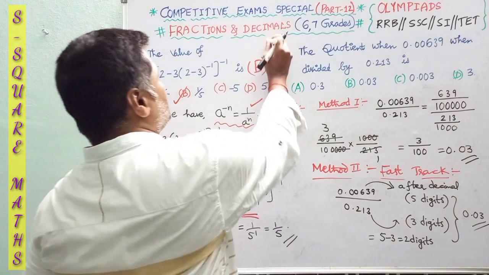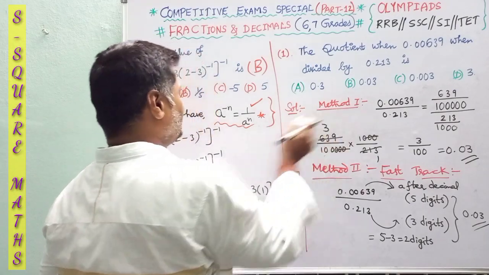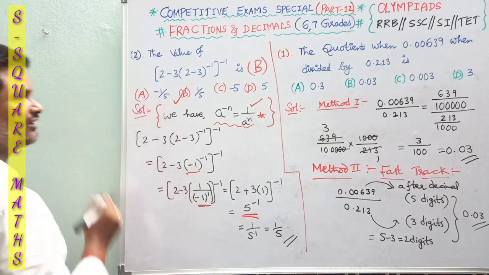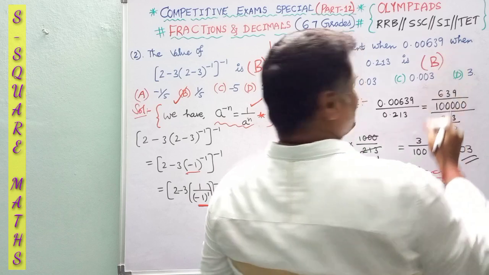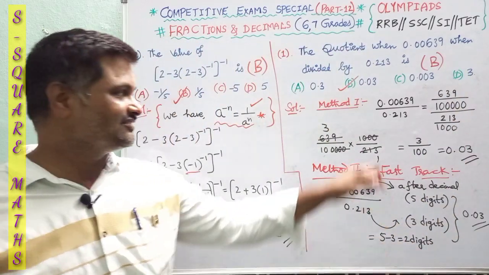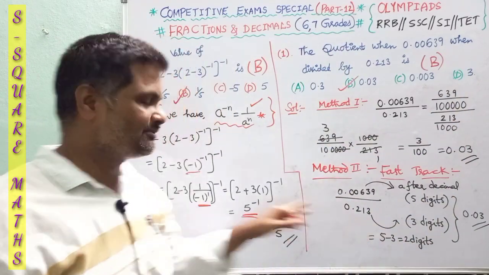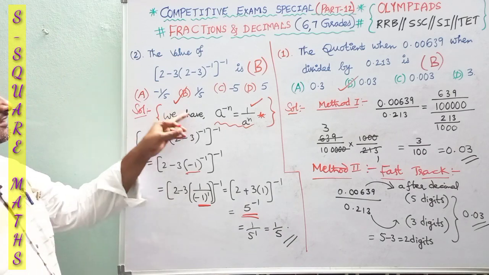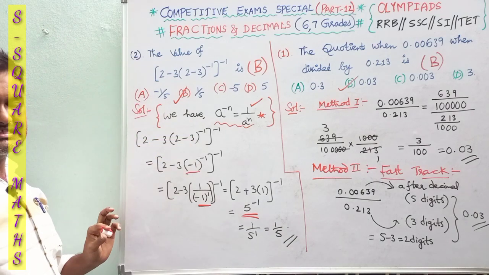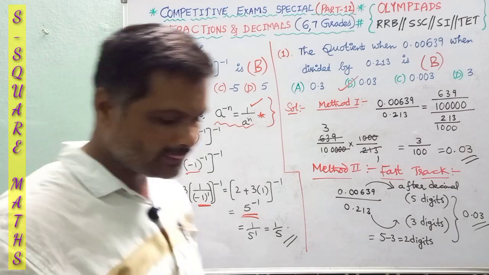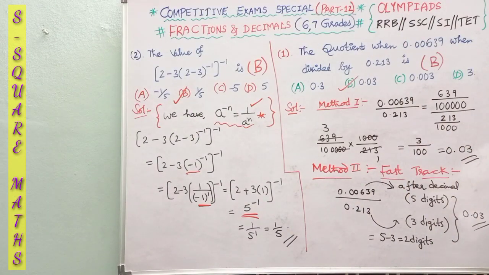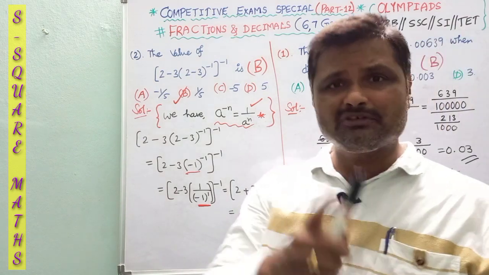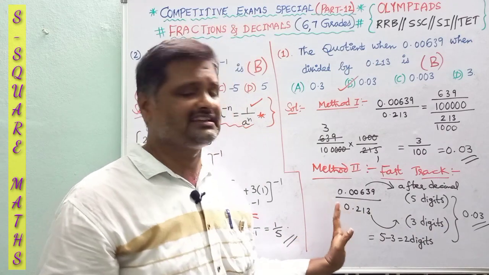So this is the first problem and this is the second problem. This is option B and this one is again option B. Finally both are option B. First problem 2 methods, second problem 1 method, applying this formula twice. This type of calculation you will get in physical science also.